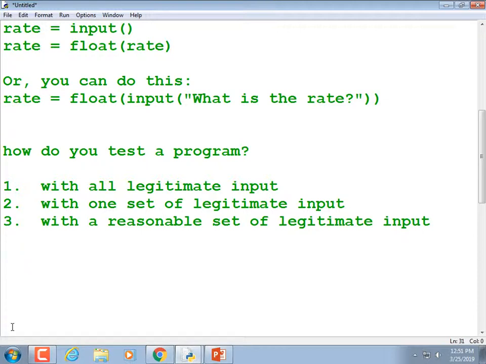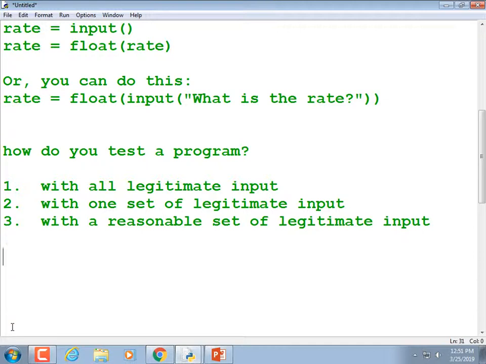And realistically, you should test your boundary conditions. What are your boundary conditions? If you have an if statement, if x is greater than 40, check to see exactly what happens at 40, and then one less than 40, and then one more than 40, right? Because that's the boundary, right?